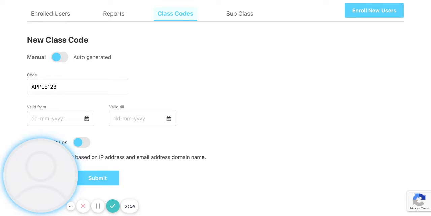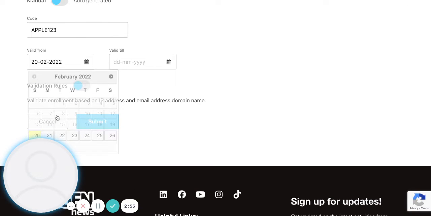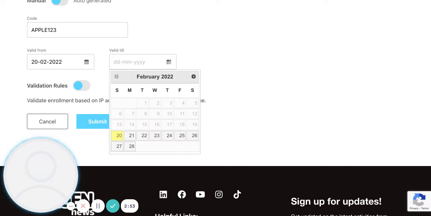Next we have the valid dates options, which sets a window of time where your class code will be valid. This setting is not optional, and you can create any range of dates from now into the future. If you do not wish for your class code to expire, just set a far out date in the future. So for example, we can say that this class is valid from the 20th of today until, how about,